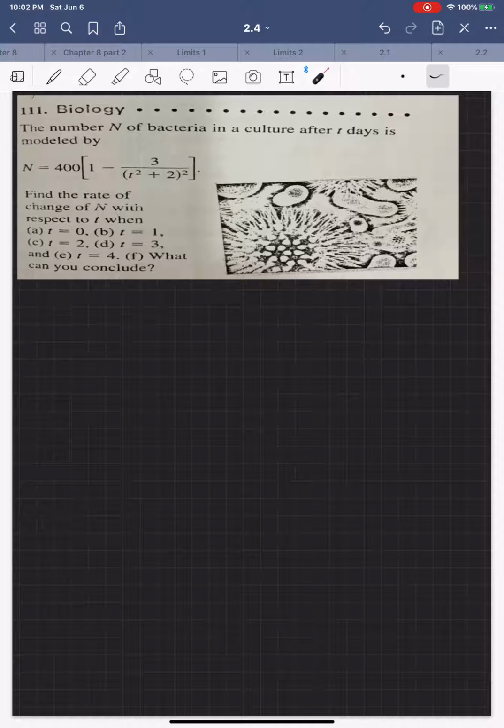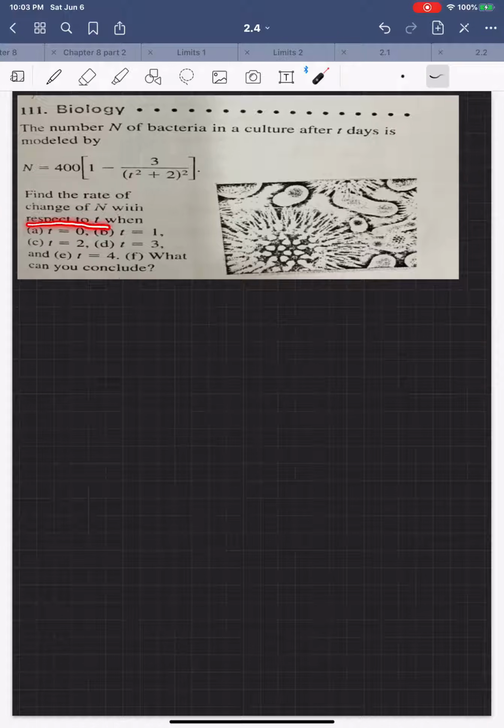Okay, so let's make sure you understand. If this were pre-calculus, I would say something like, how many bacteria were there in 1 day? Or how many bacteria after 2 days, or 3 days, or so forth. But this is not pre-calculus, so we're not just plugging in here to get a number. What we want to know is we want to find the rate of change of n